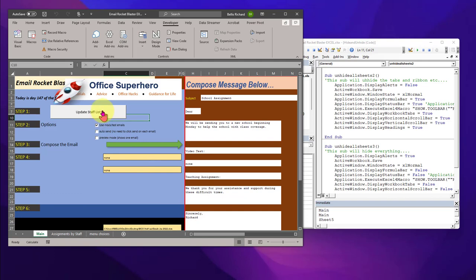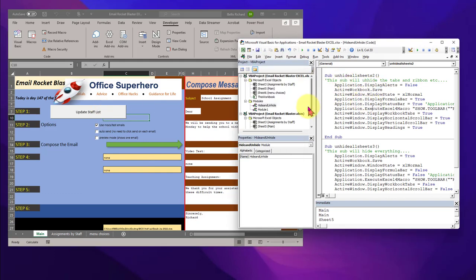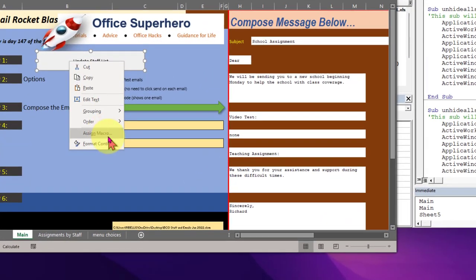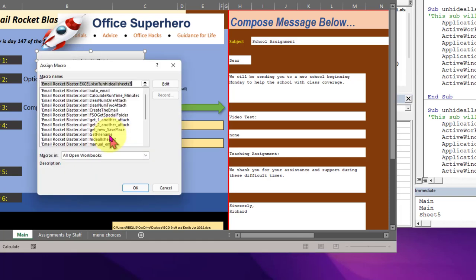Okay? So the first thing I'm going to do is, remember this is the one that unhides. And so I'm going to go to this one and assign,